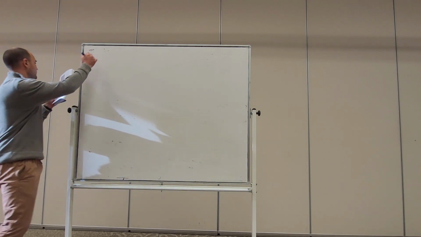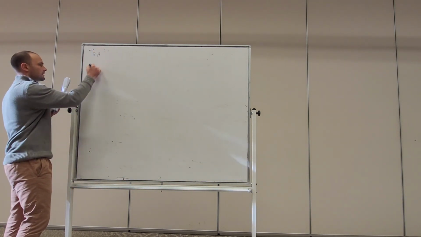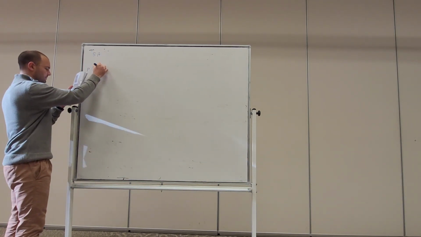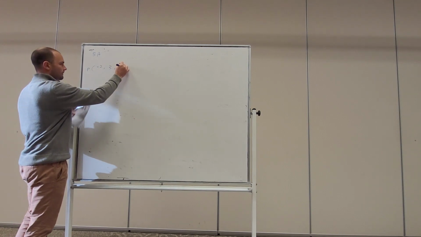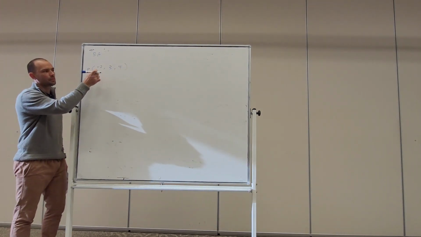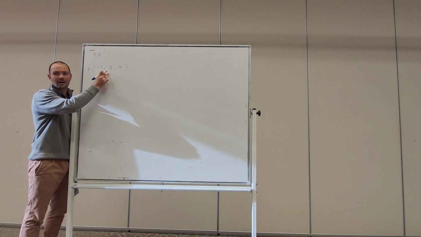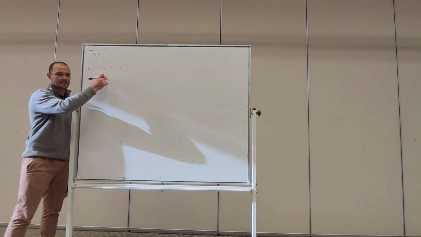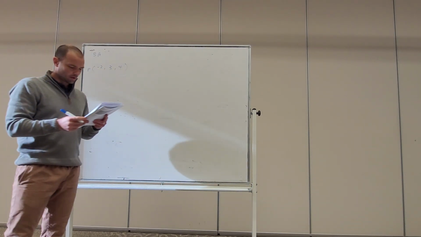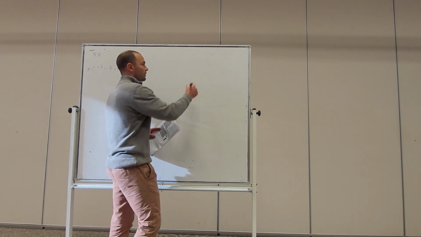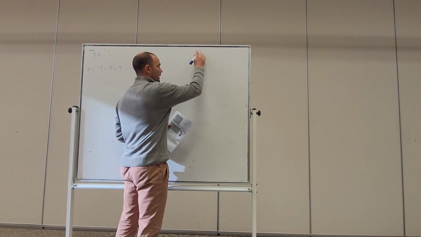So we'll start with 5A, vectors in space. Consider point P, which is -2, 3, and 4. All right, so we're familiar with this is the x coordinate, this is the y coordinate, and now we're adding on this the z coordinate. Okay, part A says plot this point in 3-dimensional space. Now it's quite tricky to plot